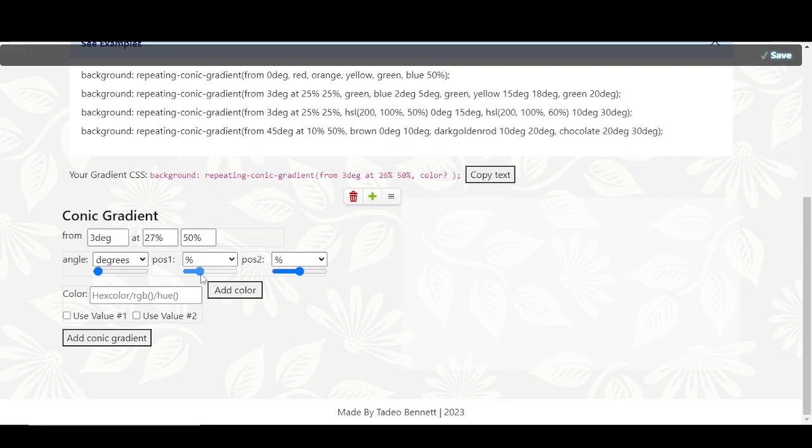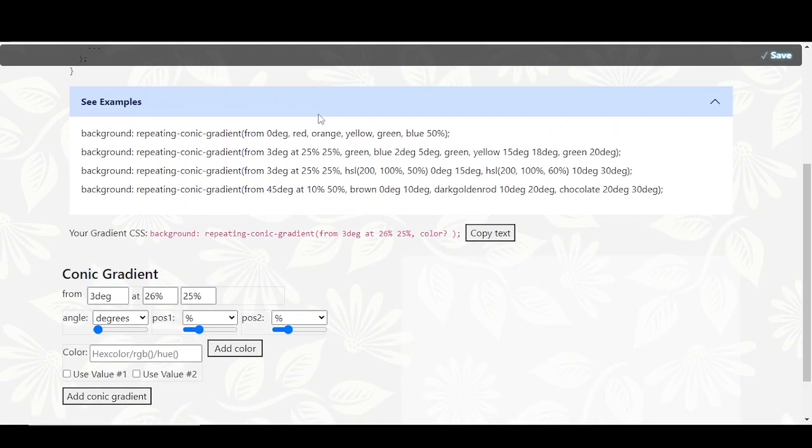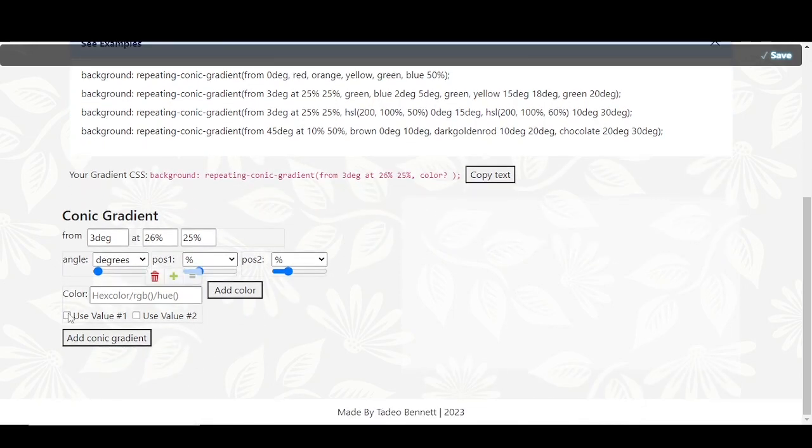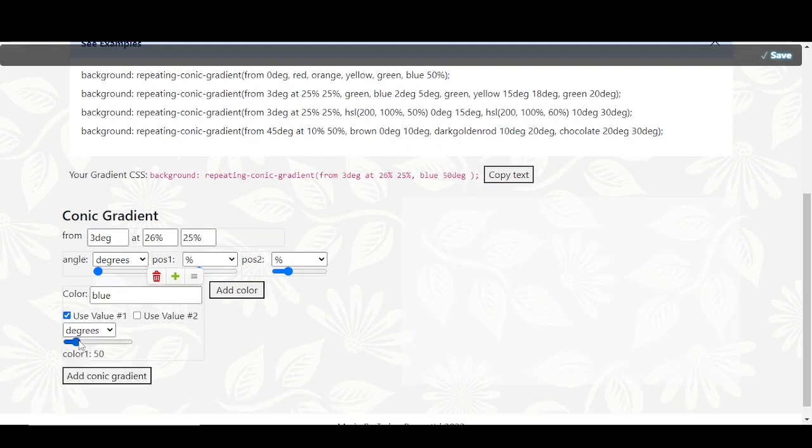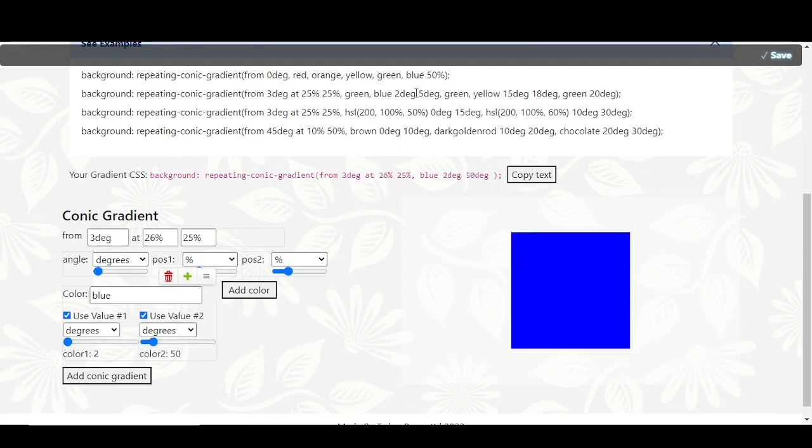20, 22, 26. Might just have to settle. Okay, 25%. Nice. Now we want blue with 2 values, 2 degrees and 5 degrees. So blue, use value, and we want 2 degrees. I want another value now. Oh, did I skip a color? 2 degrees. Let's just add this one before I move on. 2 degrees,